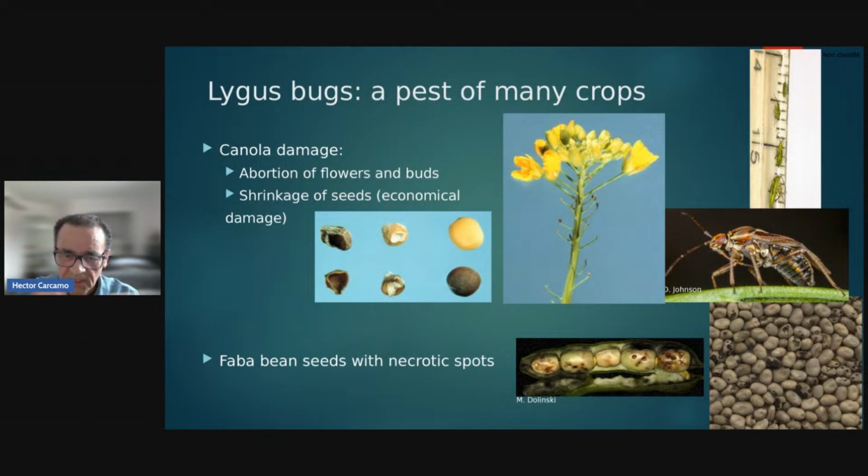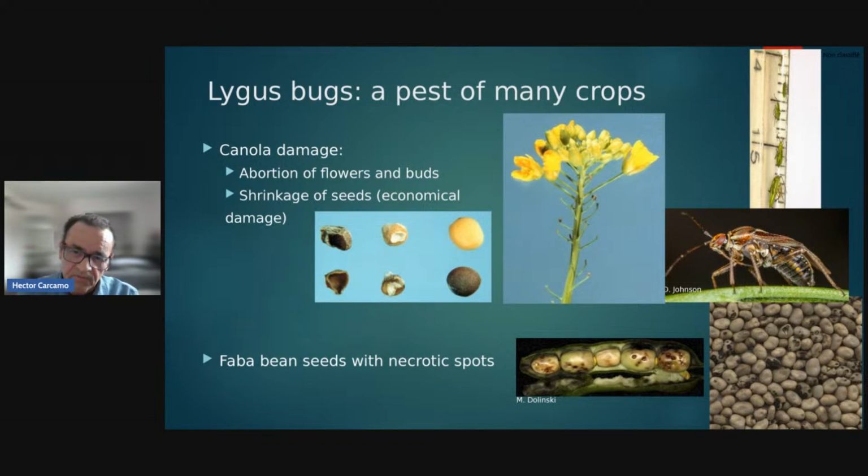So they also like to eat fava beans. And you can see a photo here. Fava beans, again, are a pest target at the early pod stage, same as canola. The early pod stage is the most vulnerable stage of the crop. And with fava beans it gets a bit more complicated, because if you get even 1 to 2% of the seed with necrotic damage, as you can see here, all those dark spots on the fava bean grain,